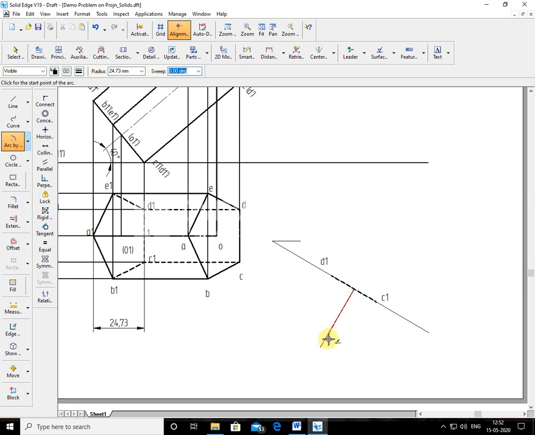Then I draw the arc, and so I get the A1 point. Now on this side you have E1, and on this side you have B1. How to do this? Again by compass, whatever distance is there, I'll take this distance. How much distance is here? It's showing the length there, 23.32. Draw the arc, an arc by center point.